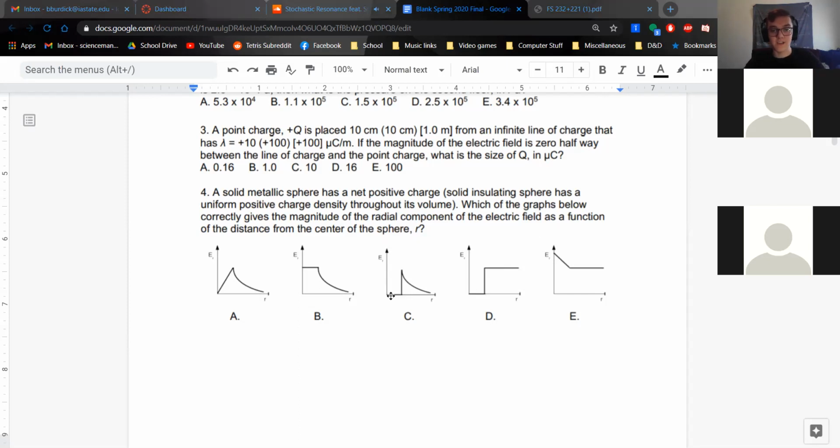So like I said, inside of the conductor, there is no E field. So why is that? You can think of it as, we're told it's a sphere. So if I drew a Gaussian surface inside of this metallic sphere, then